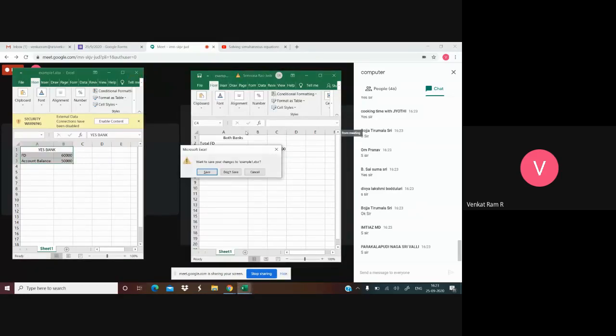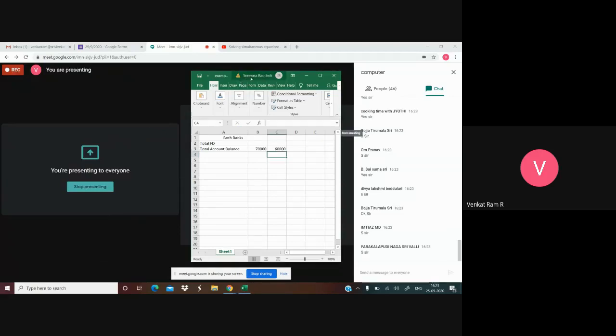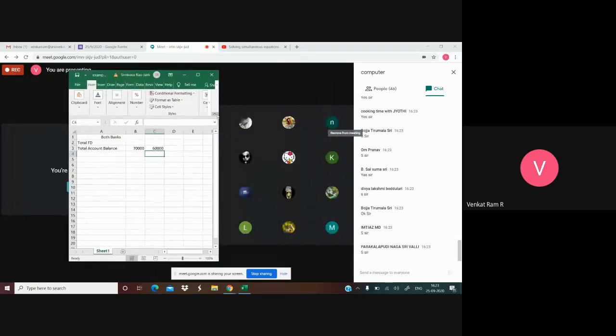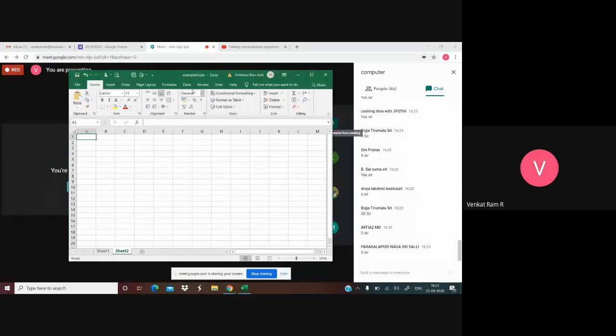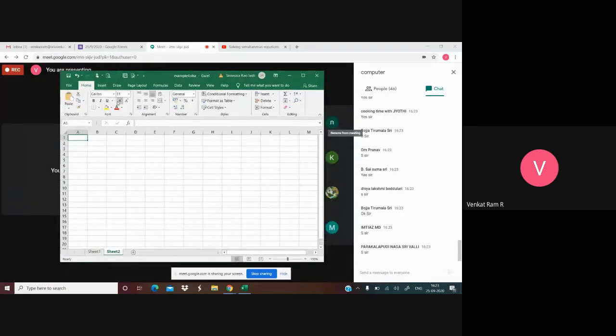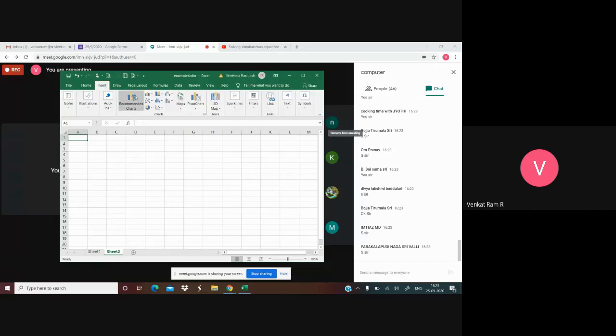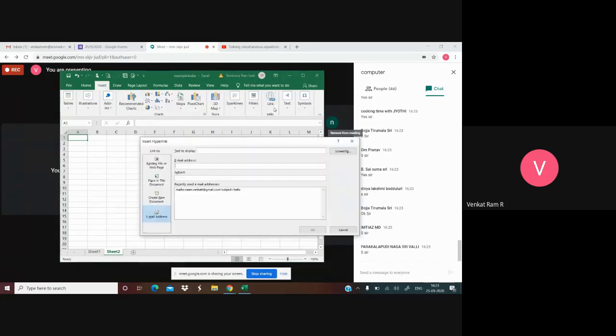So next one is links. Next topic is links. So see here, I'm taking sheet 2. In the Insert tab, you are having link here.